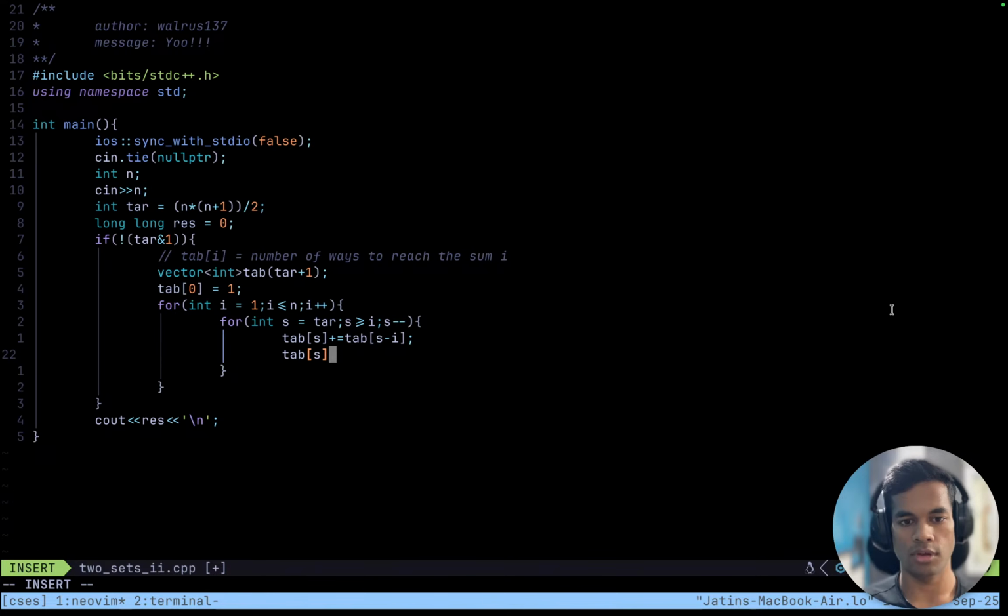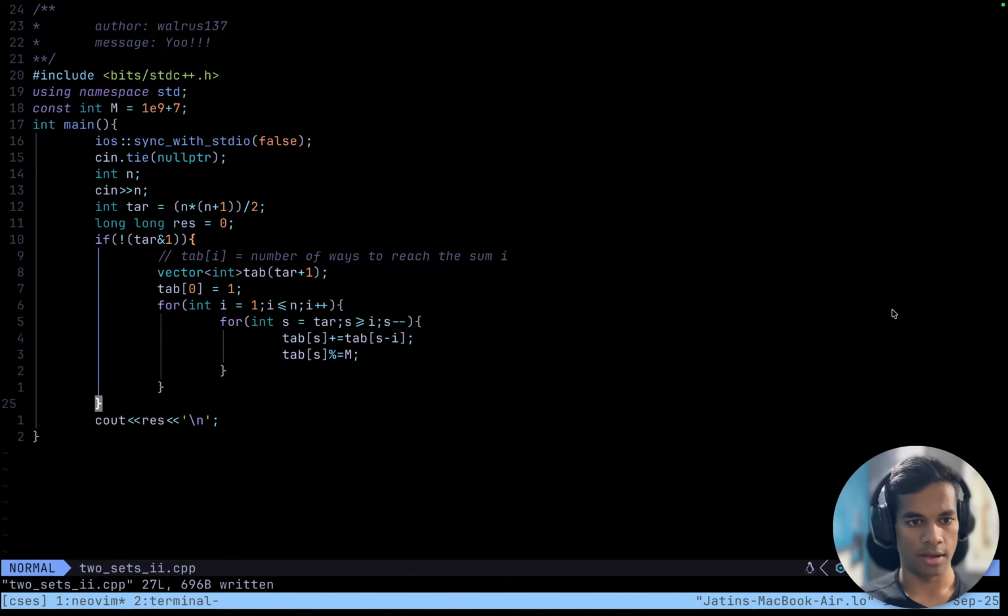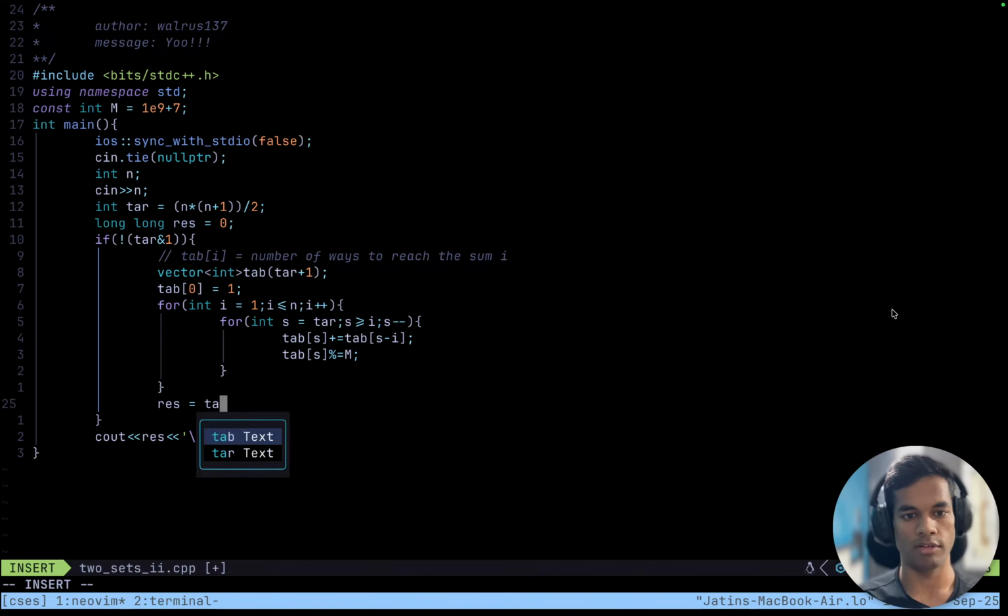And since this thing could be very big, we are going to take it mod const int m equals 10^9 plus 7,